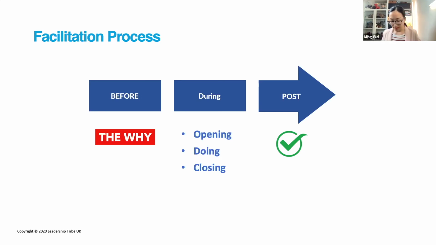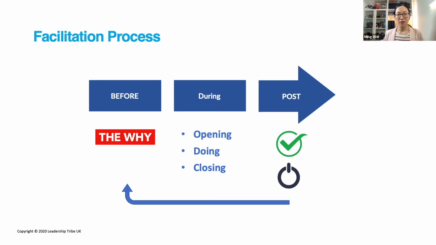Once we finish the session, we need to look at what we have achieved and then debrief the stakeholders: this is what we discussed. I understand that you were not able to make the meeting, but have a look at what we have achieved during the meeting. Also look at the actions, like who has agreed or committed to do what, and how we use the information to prepare for the next meeting. Use all this information when coming back into your next meeting preparation. That finishes our facilitation process.